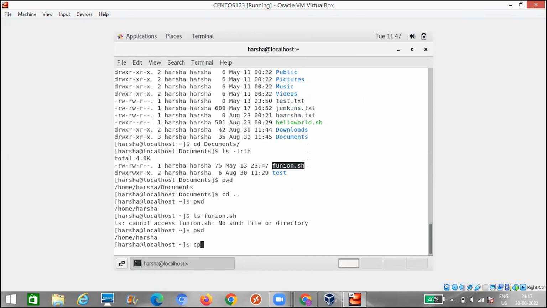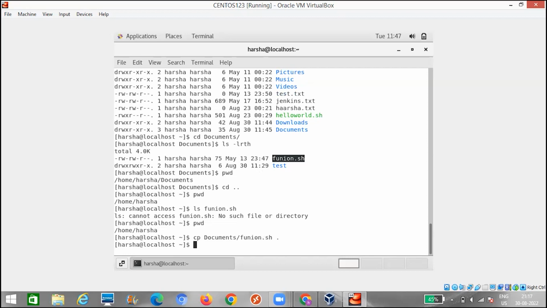For that, we will have to do copy. I will be specifying the path, Documents, Function.sh, and if I want to copy in the current folder, I will be using the dot.